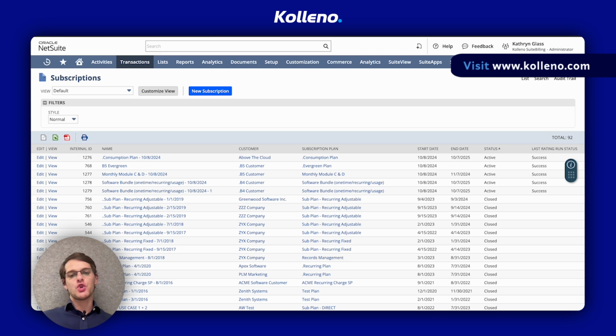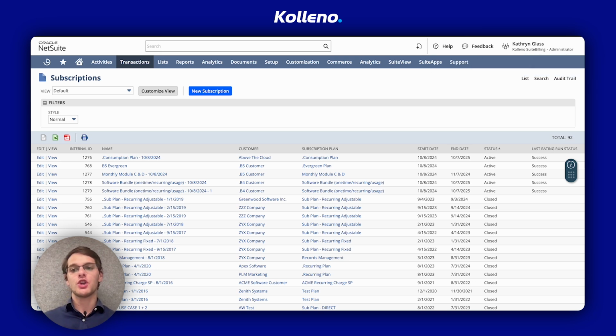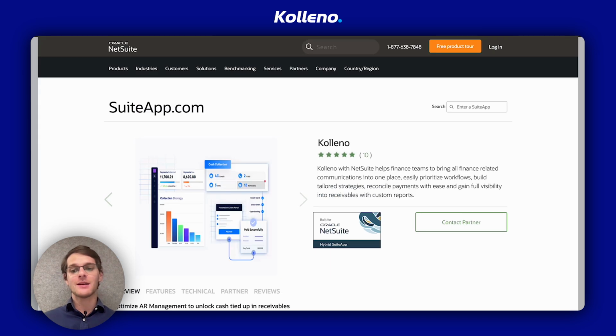Today I will show you how to add additional items to an existing subscription using the add-on items feature in SuiteBilling. First, you need to ensure that the add-on items feature is enabled in your SuiteBilling setup. You can add items at any point, even after the subscription has started. Once saved, these new add-ons follow the same workflow as any other subscription line item, making them easy to manage